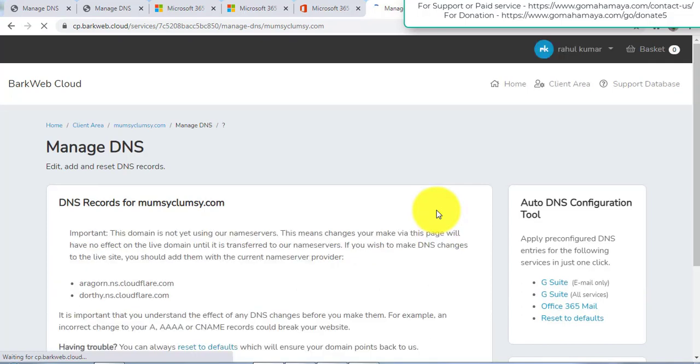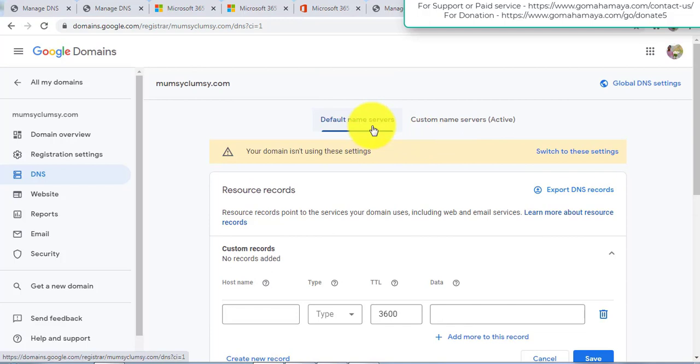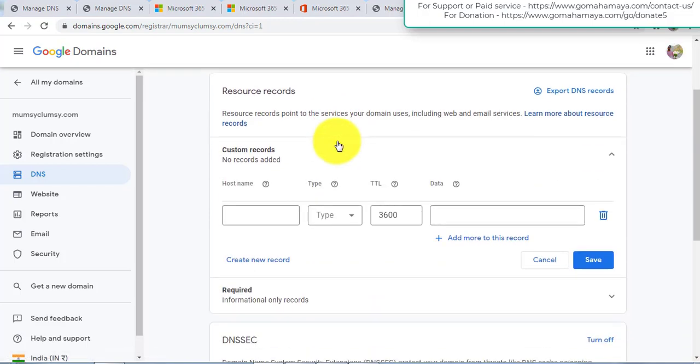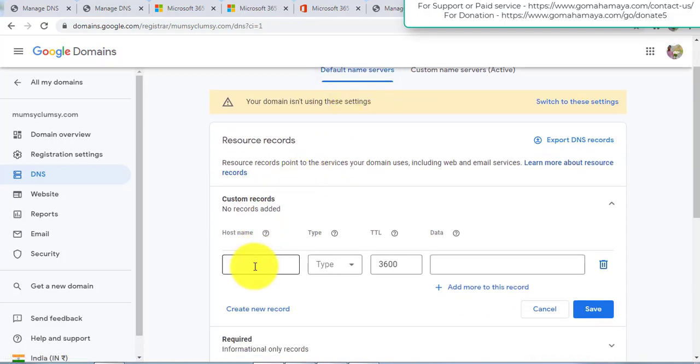If you're using Google Domains or some other domain provider, like Google Domains, which I'm using for buying my domains, inside Google Domains you'll find DNS options. Inside the DNS option, if you're using default name servers, then you can edit from this area.